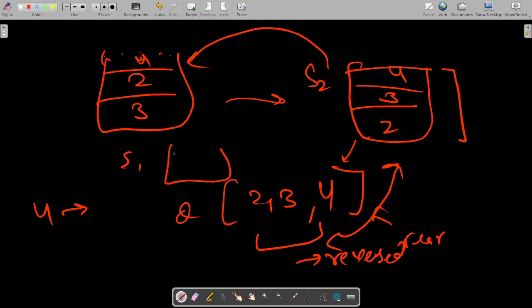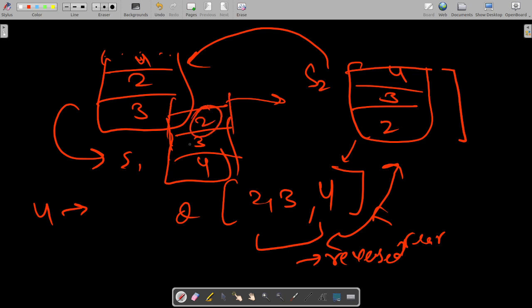So my S2 will become empty, and S1 will be 2, 3, 4. My top has become 2 now. If I pop, first 2 will be removed, then 3, then 4.